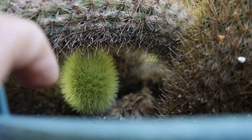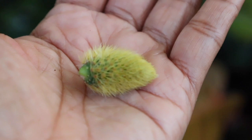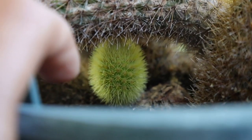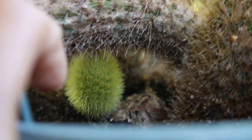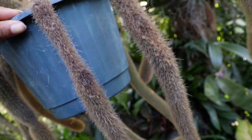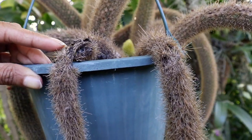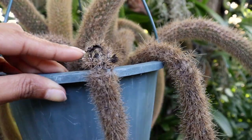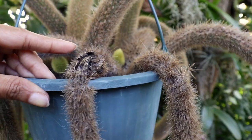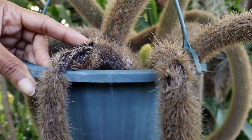And as I stated, the new growth will actually show a lighter, more yellowish color in comparison to the rest of the plant. So that is how you're going to know that there are new growths coming about. And as the cactus plant does become older, you may notice some dieback that occurs in some of those modified stems, and that is just a natural occurrence where you would just simply remove, of course carefully, the dead areas